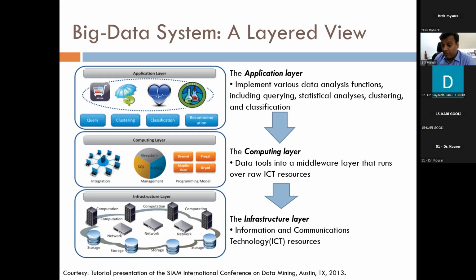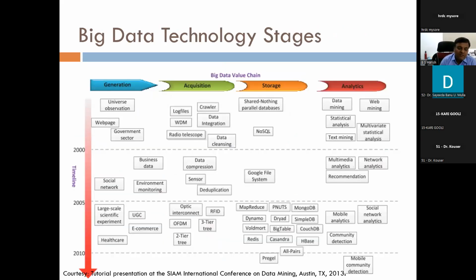And the computing layer has its own characteristics, and it computes depending upon the instructions that you pass. Then you have an infrastructure layer, which contains all ICT, that is information communication technology techniques, in order to enhance the movement of the data from the lower layer to the upper layer. So that is why big data always considers the layered architecture.